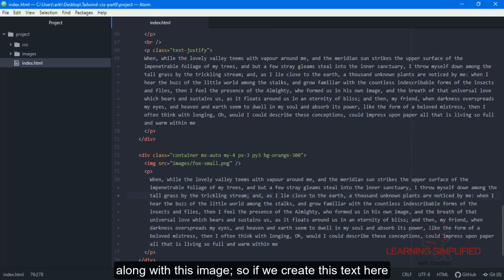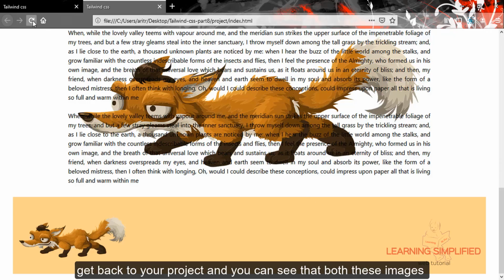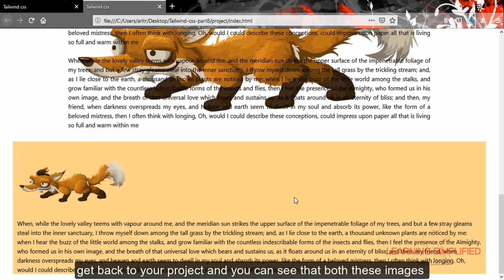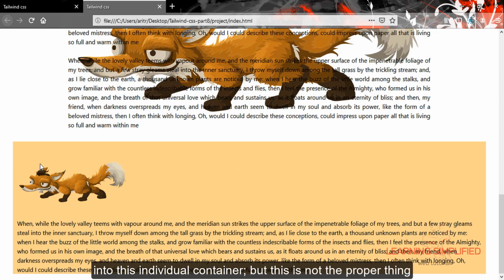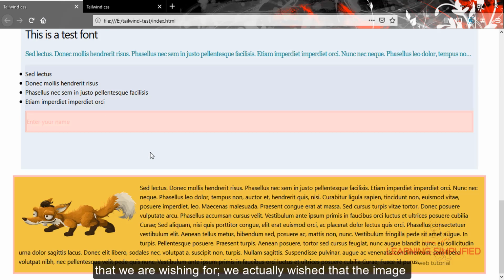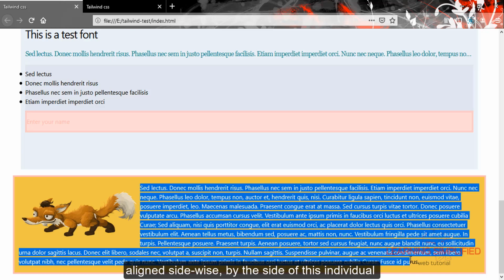So if we create this text here, get back to your project and reload, you can see that both the image and the text are appearing as block level elements in this individual container. But this is not the proper thing that we are wishing for. We actually wish that the image would appear in the extreme left or the extreme right position, and the text would be aligned sidewise by the side of this individual image.